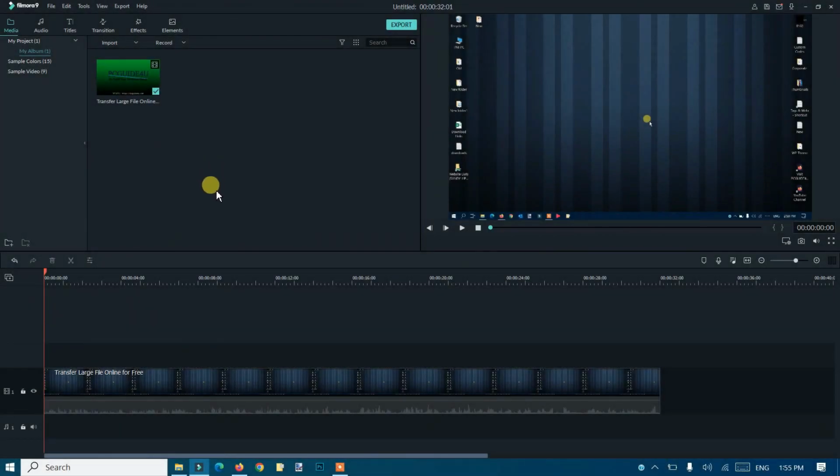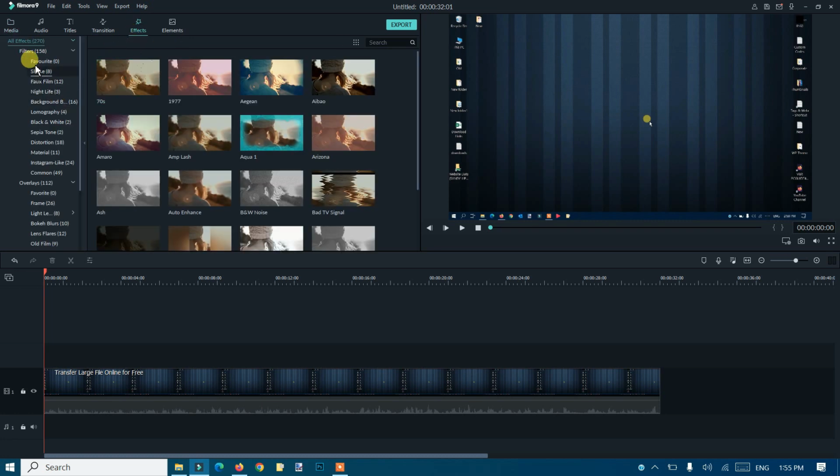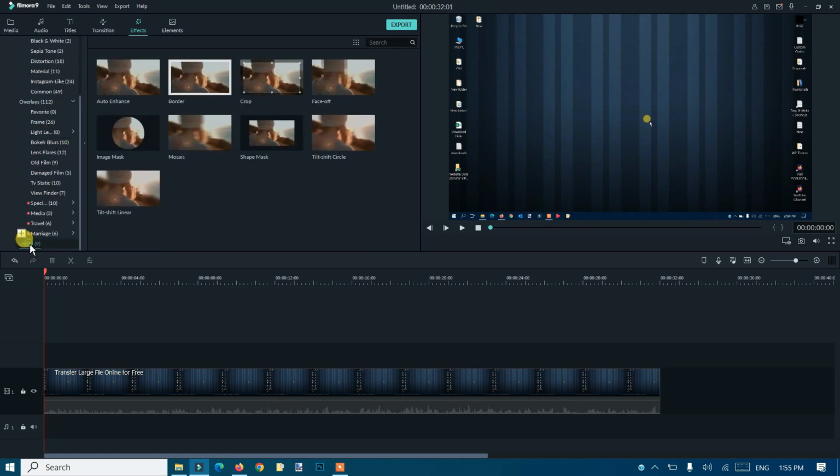In order to do that, you should go to the effects, and you should have many options in the left hand pane here. But you should go to the utility, and from the utility there are certain options here you can see, but the best one I can see is mosaic. So if you just drag it down here, just upper of the timeline of the video, and then you can just adjust